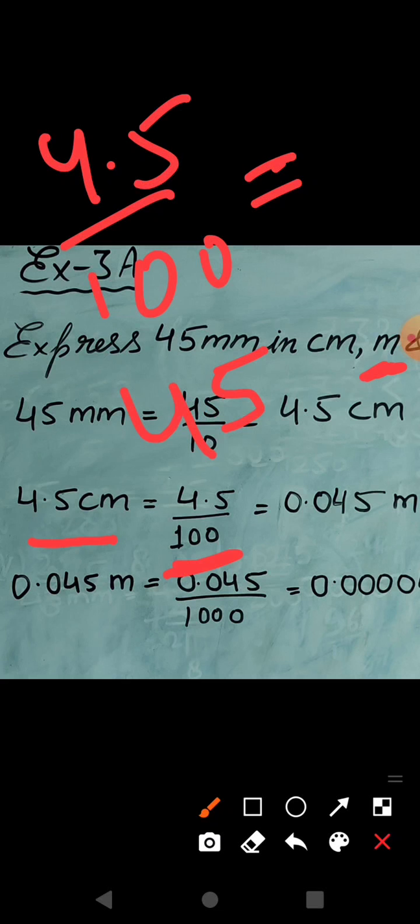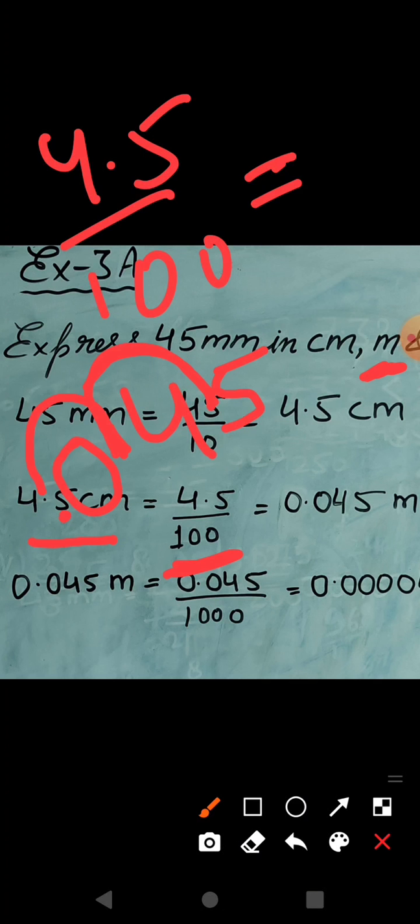Now we will go from right to left, means from here we are moving towards the left side 2 places. Why? Because there was 100 in the denominator, means 2 zeros were there. So 1 place towards the left side the decimal will come here, and it will go 1 more place towards the left side, but there is nothing. So we will put 0 here. Okay, so again one place it will go here. So now we will put the decimal here. The decimal has shifted two places towards the left side.